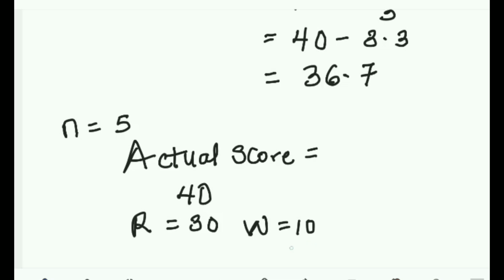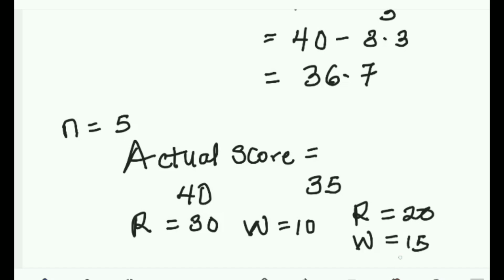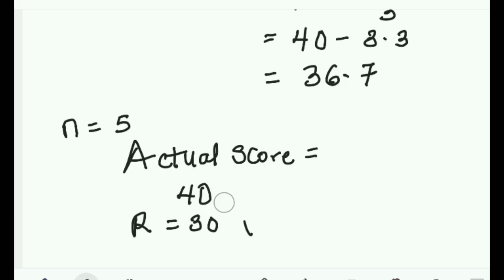Let's assume he answered 35. For instance, he answered 35. Now, out of this 35, he got 20. Then the wrong will be 15. So take note of that. All right, so let's get back here. So we are assuming here that there are